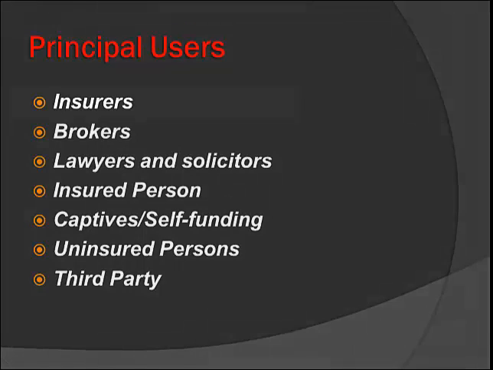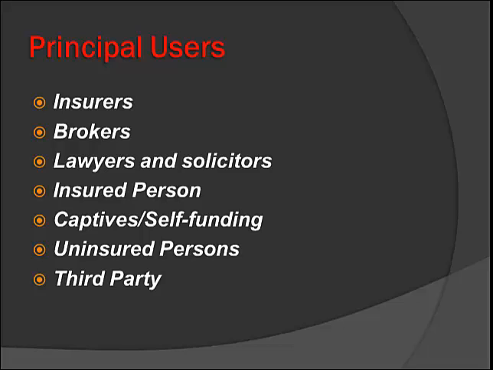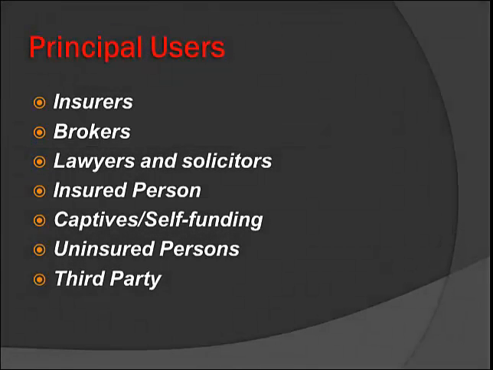For instance, when dealing with insurers, they are still the major users of investigators and/or loss adjusters and require the widest range of skills offered by the investigating and adjusting industry. Brokers. Where the instructions are received from a broker, the investigator or adjuster should ensure that authorization has been given to the broker by the appropriate insurer or underwriter to act on their behalf. If there is a doubt, written instructions should be sought to ascertain that the instructions are clear and the cover in force at the time.